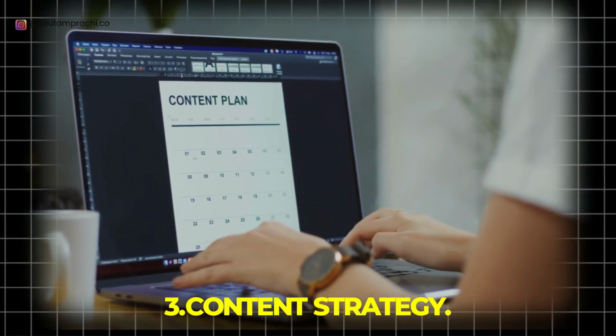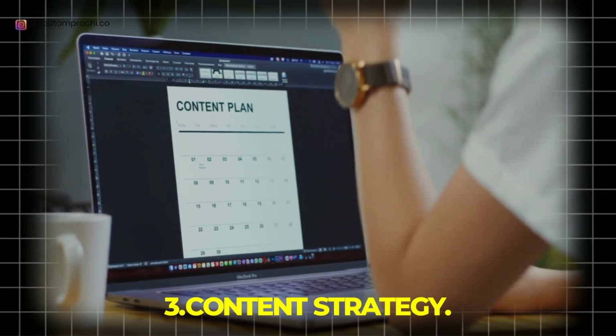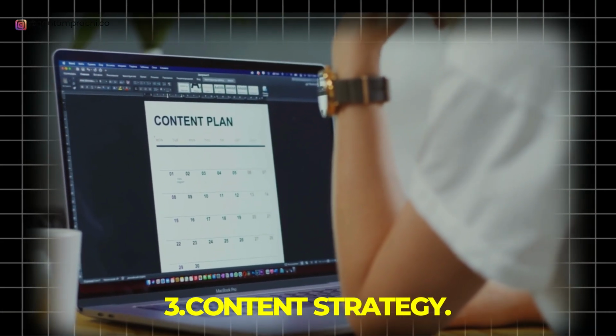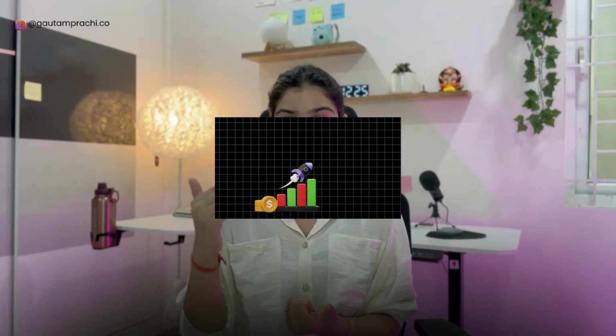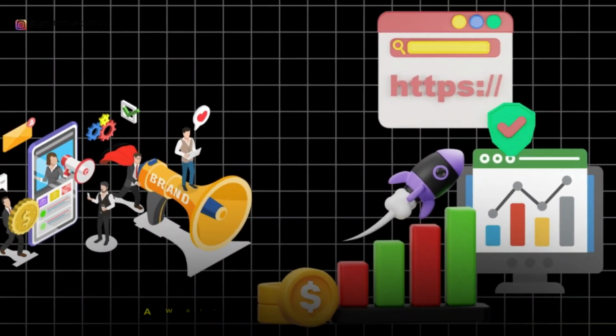Now moving to the third step, which is the most important one, and it is content strategy. Well, what is content strategy? Basically, planning your content ideas to accomplish a specific goal is known as content strategy. This means if you are working for any client, and as in the first step we understood their objective is sales, so creating a theme and producing all the content ideas around it to attain that specific goal. It could be awareness, sales, or website traffic, whatever it is. So the objective again will help you create the best content strategy.